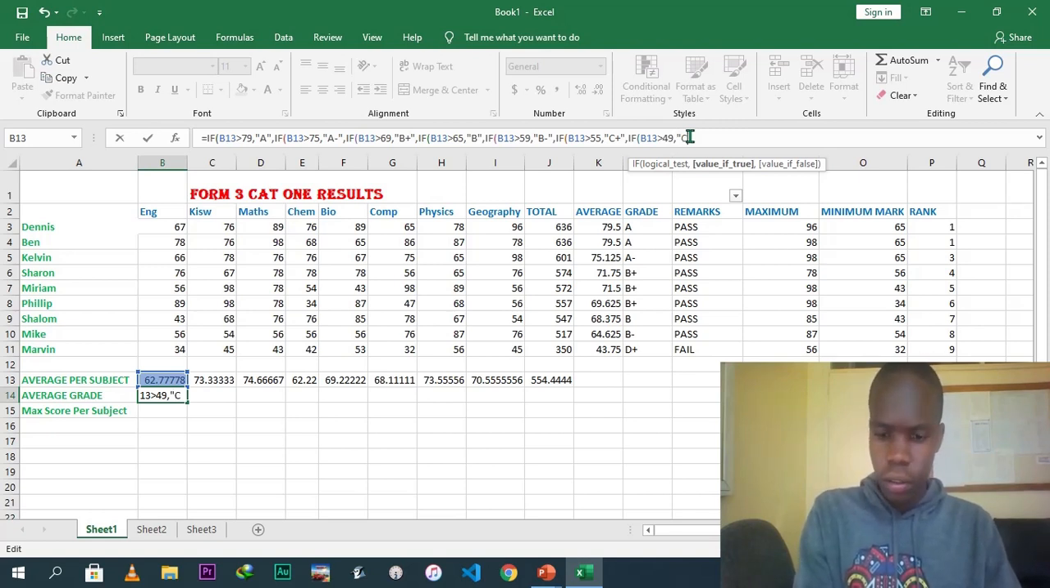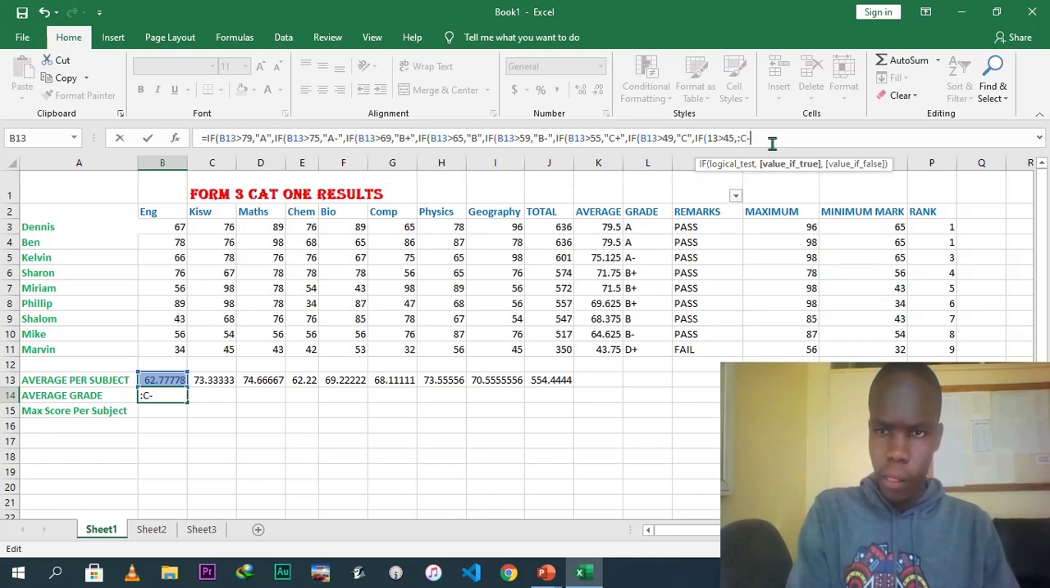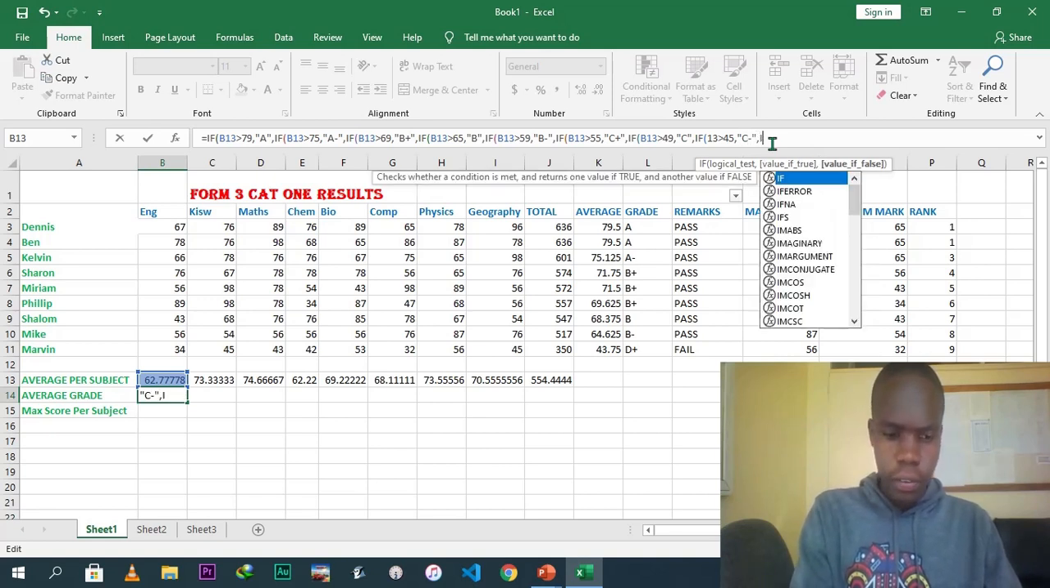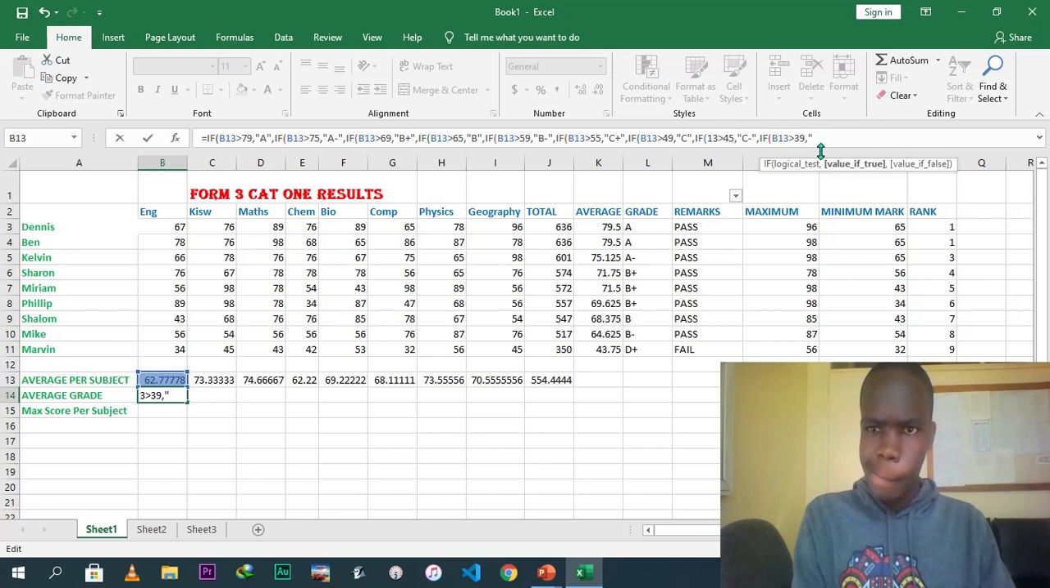C plain, else if B13 is greater than 45, then the grade should be C minus, else if this grade B13 is greater than 39, then the grade should be, we have C plus, D plus,